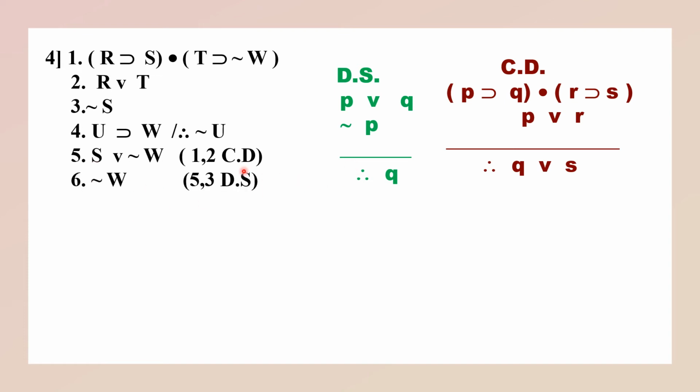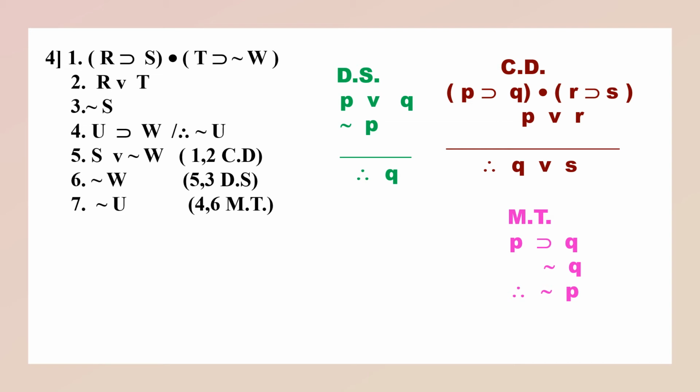Okay. Now we can apply again the rule of MT. You are having the consequence negation with you, so you can derive the negation of the antecedent. Which is that rule? There is only one rule, and that is the rule of MT. P implies Q, not Q, therefore not P. U implies W, not W, therefore not U. So you have arrived at the conclusion. Thus, the validity of this argument is established.